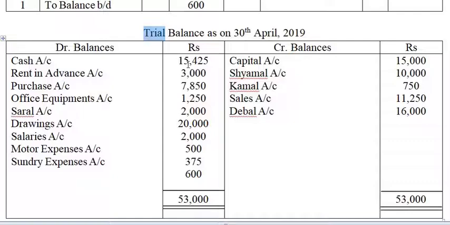So similarly, we prepare a statement. Okay, trial balance is not an account, by the way, so we don't do any balancing out here. So trial balance is just a statement. So we prepare trial balance just to check whether the debit balances and the credit balances are matching with each other or not. Okay, the total of the debit balances is equal to the total of the credit balances or not. Okay,